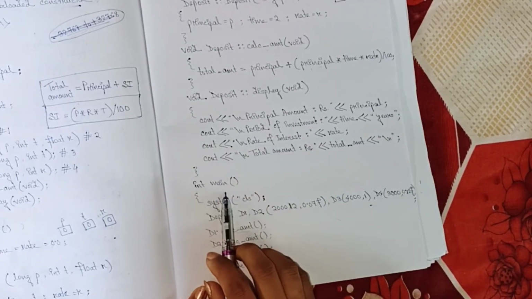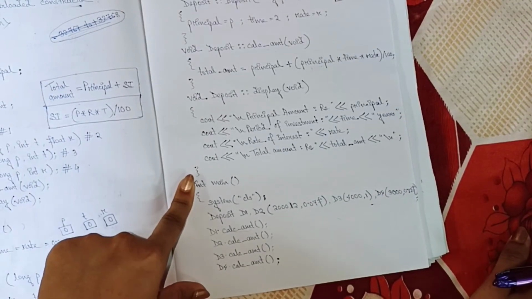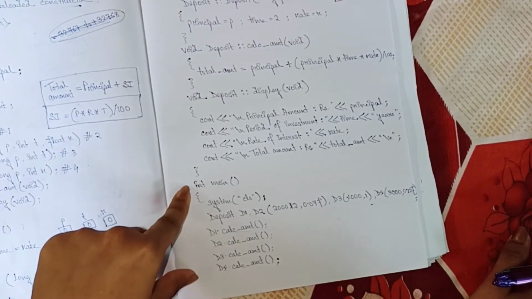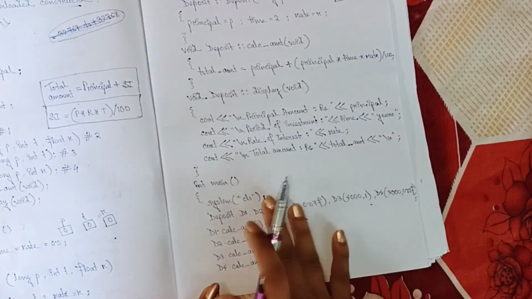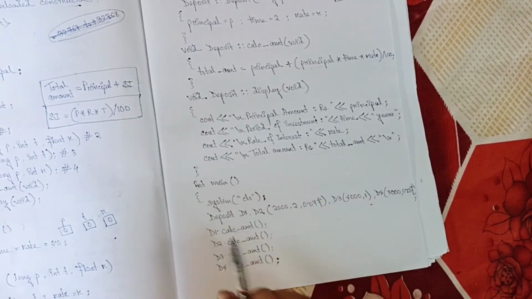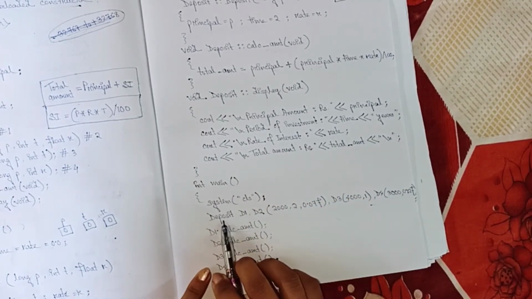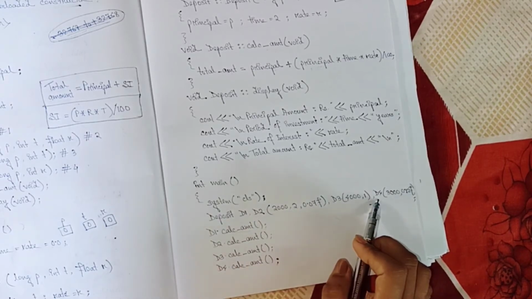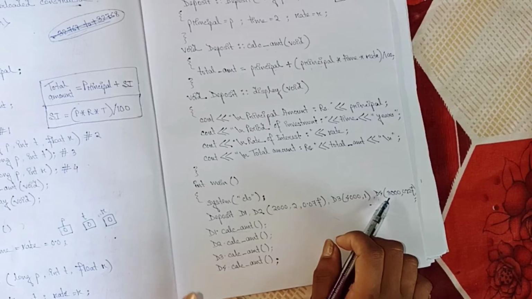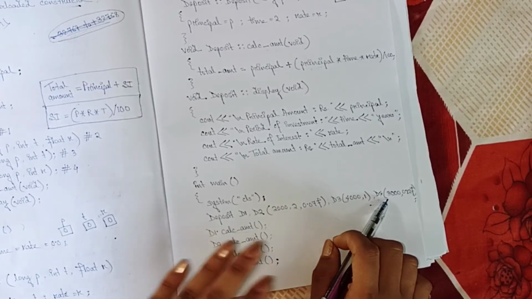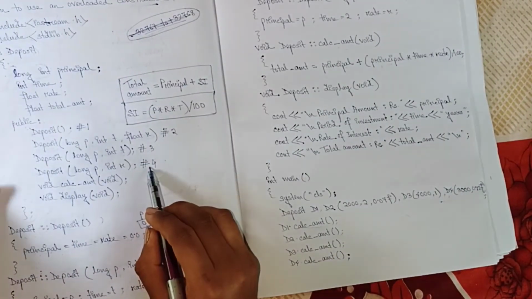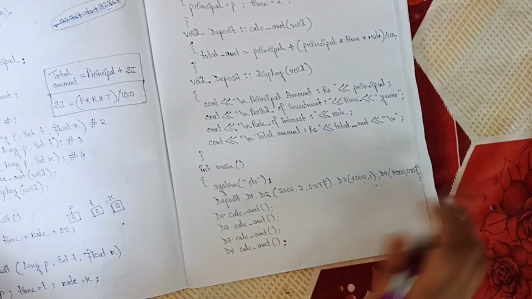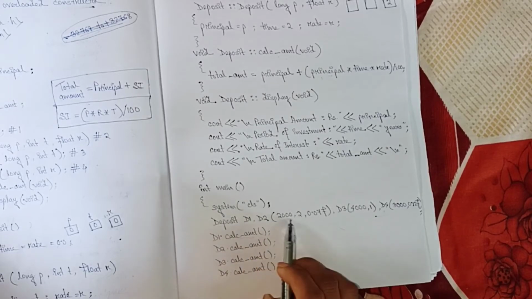And in the main function, we always know that our program execution always starts from main. So in the main function, first we have given system CLS for clearing the screen. Then deposit is the name of the class, and we are defining here 4 objects. Why have we defined 4 objects? Because we have defined 4 constructors here, because of constructor overloading. So that's why the objects will also be 4.